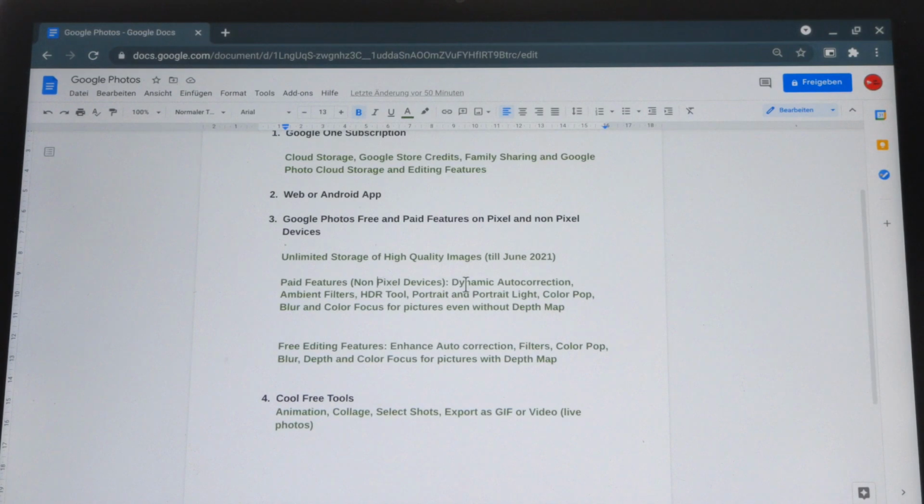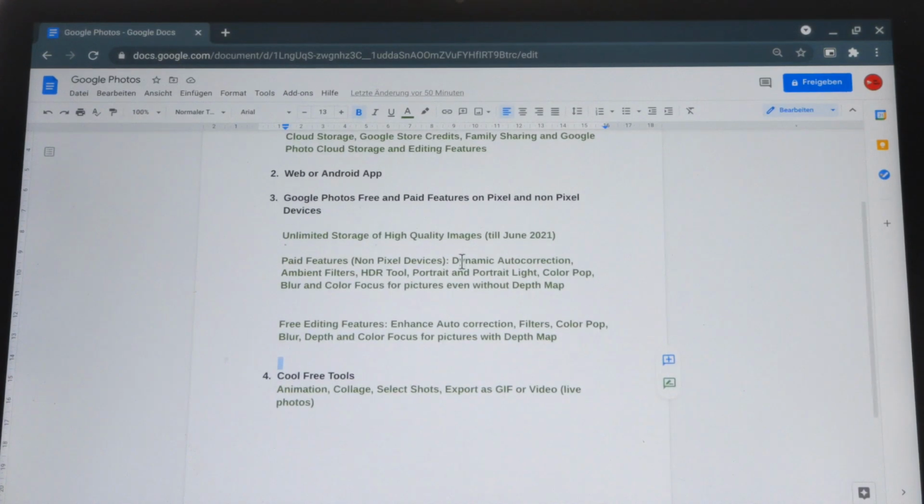On Pixel devices, even if you don't pay for this Google One subscription, you can do all of the editing. That's not a problem, so you will not have any issues. This is just concerning the people who don't have Pixel phones, and if they don't have the paid subscription, then they can see which features they are missing. They will not have the dynamic autocorrection, they will not have the portrait autocorrection or portrait light, and they will not be able to use color pop, blur, depth, and color focus